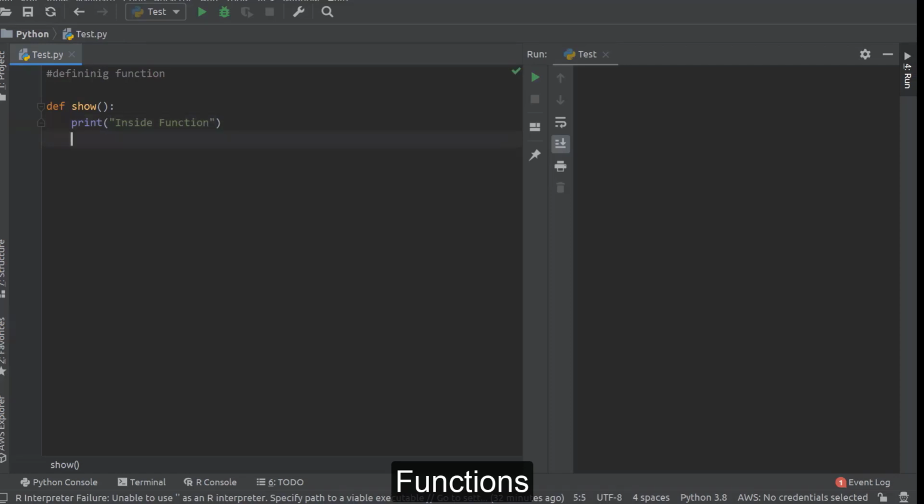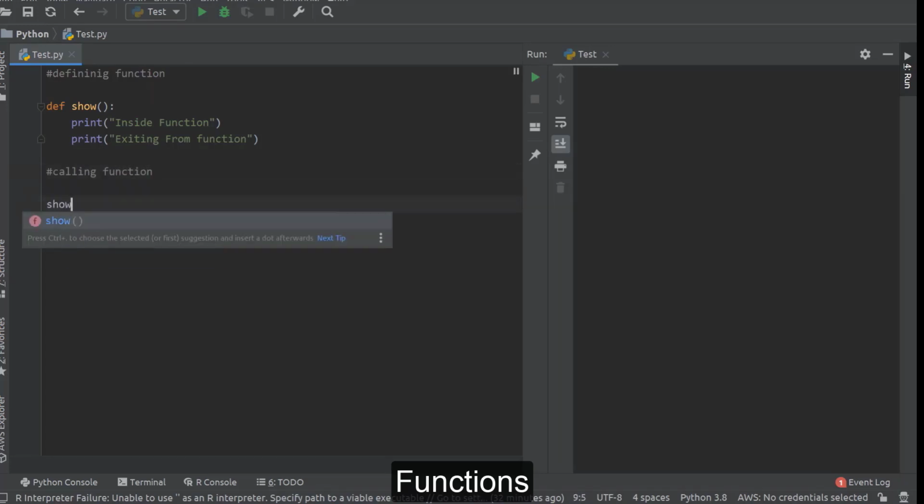Here we are just printing some statements, like inside function, and waiting from function. This is the definition of a function. And now we can call this function, by the name of the function and parenthesis. In PyCharm or this editor, you always get help like this one, so you can just press enter, and this is how we are calling this function here.